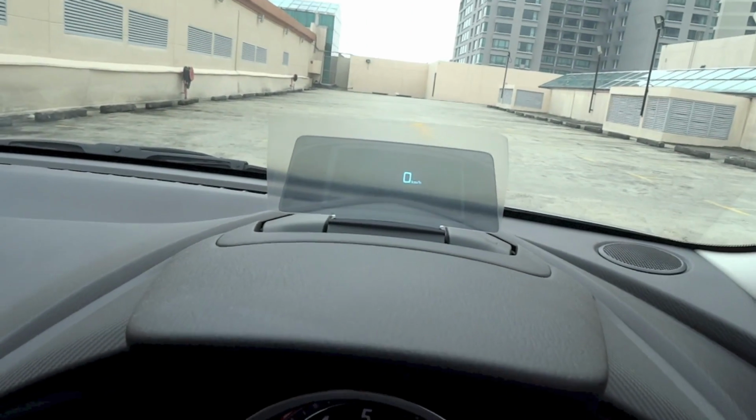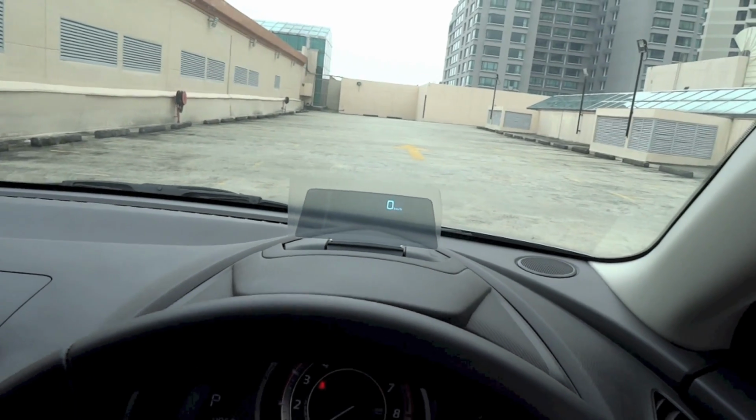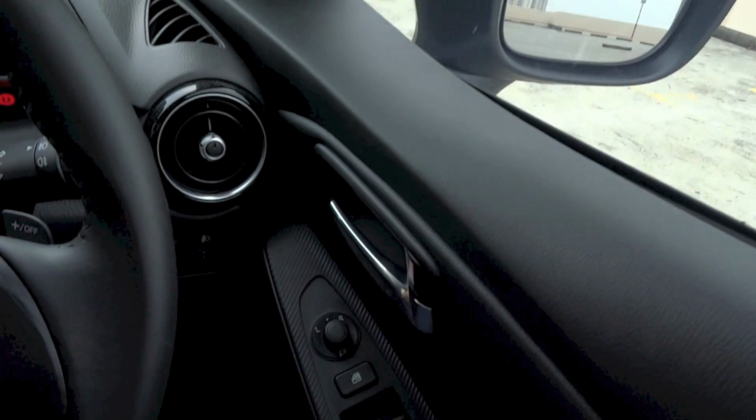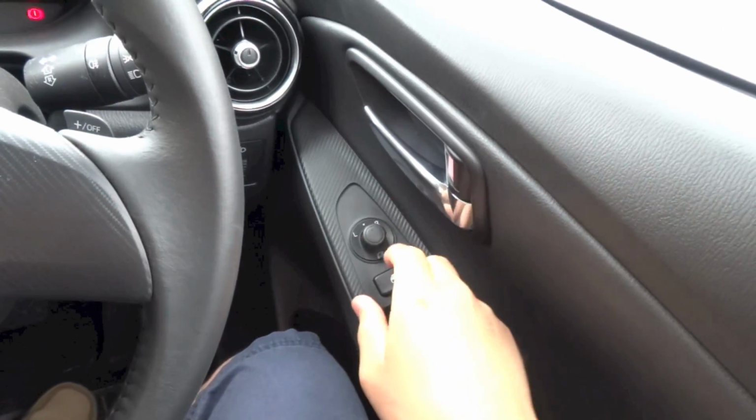As shown earlier, a pretty interesting heads-up display on this kind of car. Power folding mirrors,